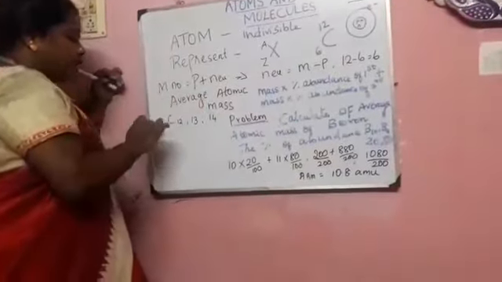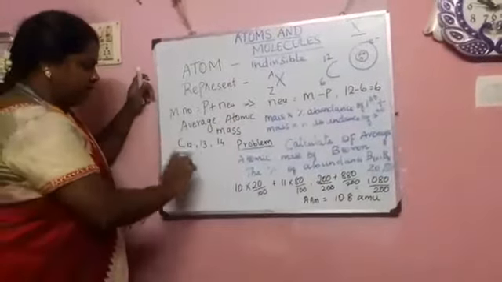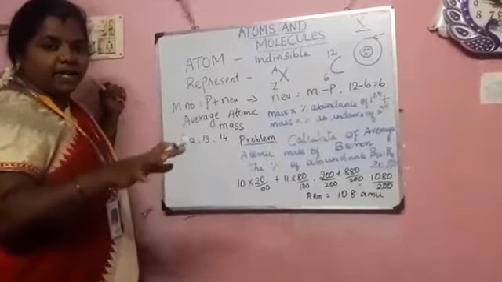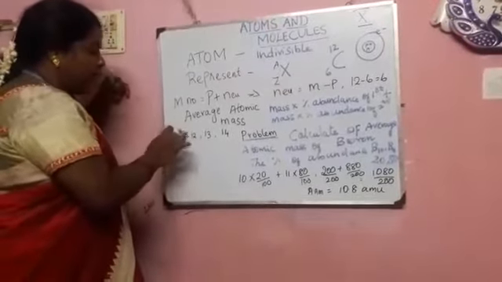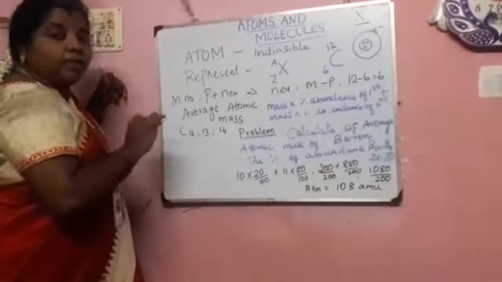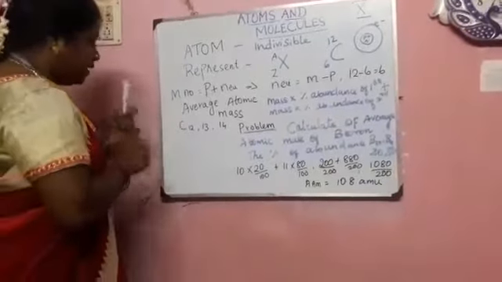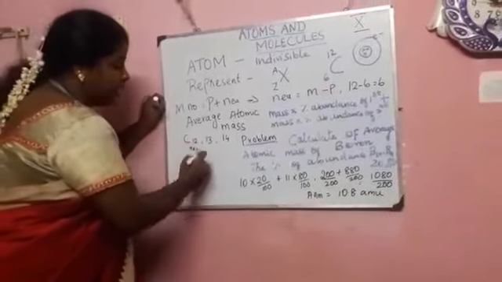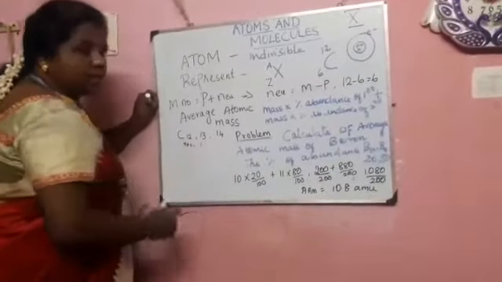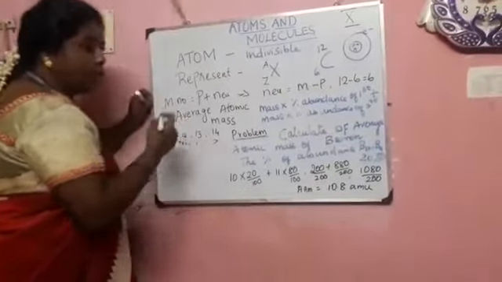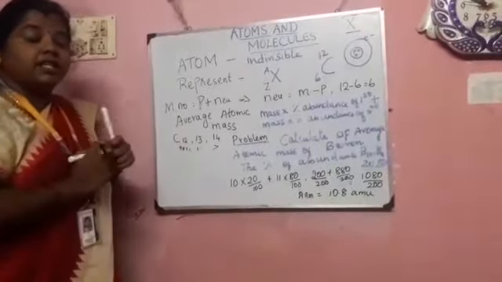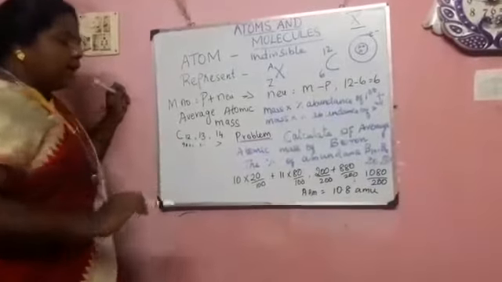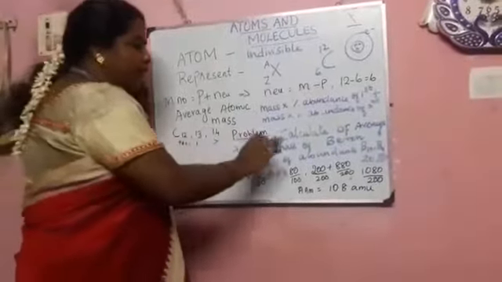Next, for abundance, you have seen here C12, isotopes of carbon: same atomic number, different mass number. C12, C13 and C14. Which one is the most abundant? For example, C12 is 98.8 percent, C13 is 1 point something percent, and C14 is less than 1 percent. So C12 is always the most abundant carbon, and that is why we use C12. Let me do the problem. For example, calculate.